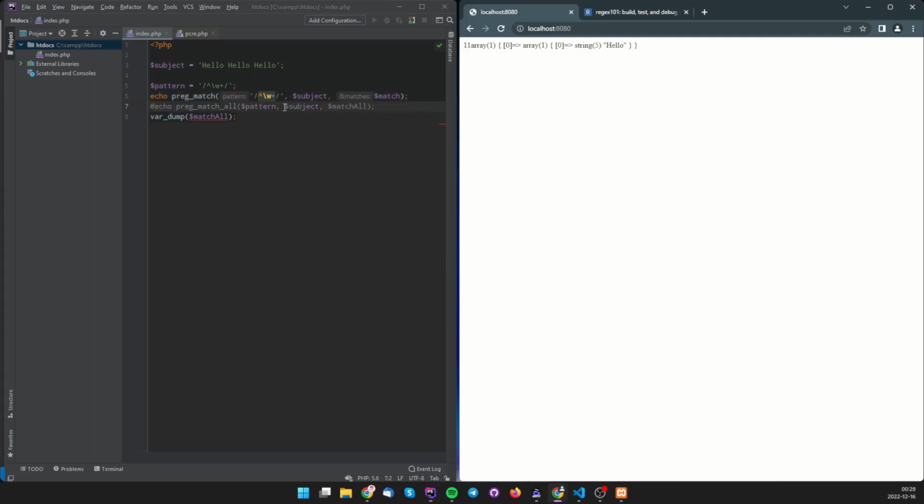So let me just comment this out. I'm gonna get, now I'm getting one, yes. And this, I'm gonna do var dump match. So remember, the first match is going to give me hello, because it's all the first one. I'm matching only the first word. Now the second one is giving me also that, but if I just do word,